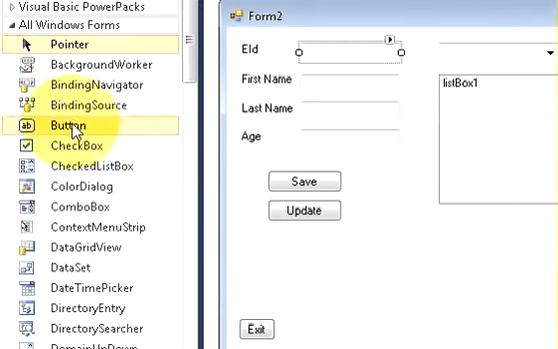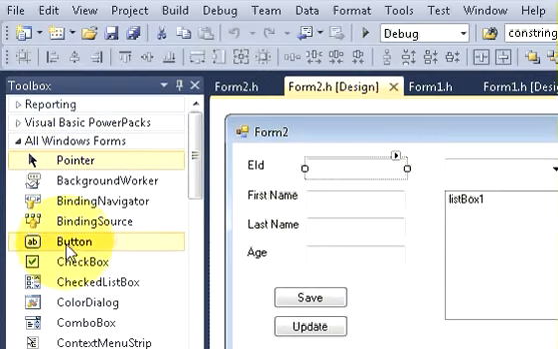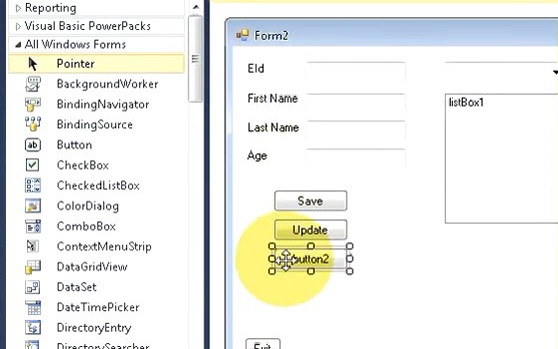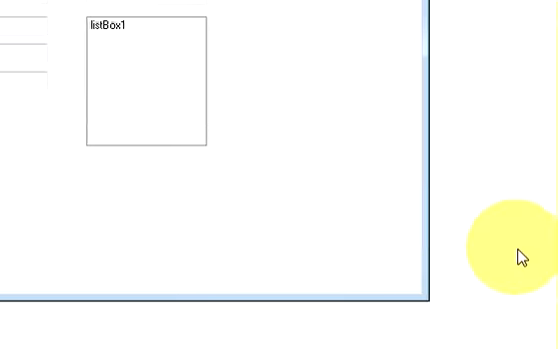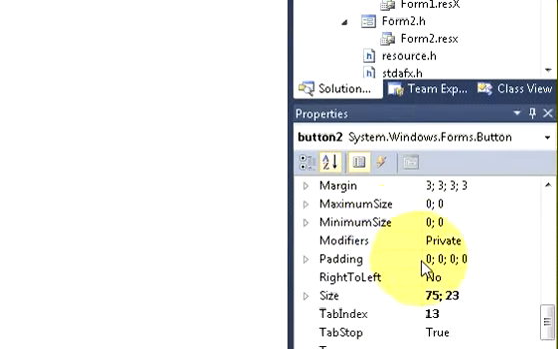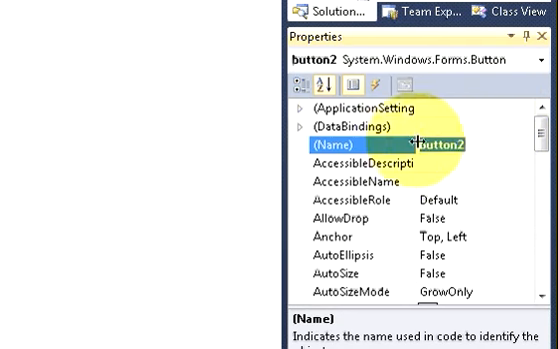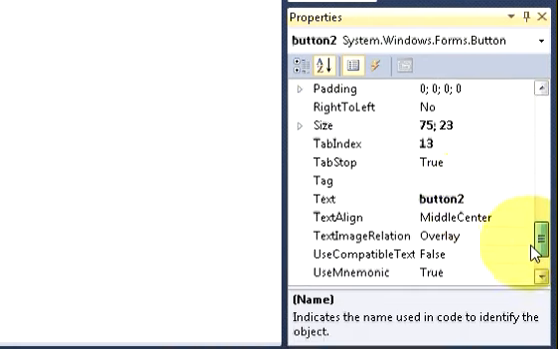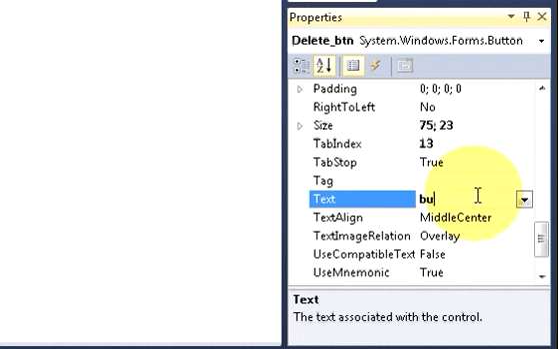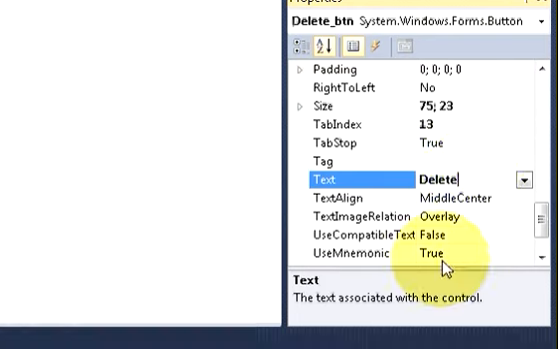So first of all, we will go to our toolbox and take a button, and I will go to my property fields and I will rename it as delete button, and I will also edit the text as delete. Okay,